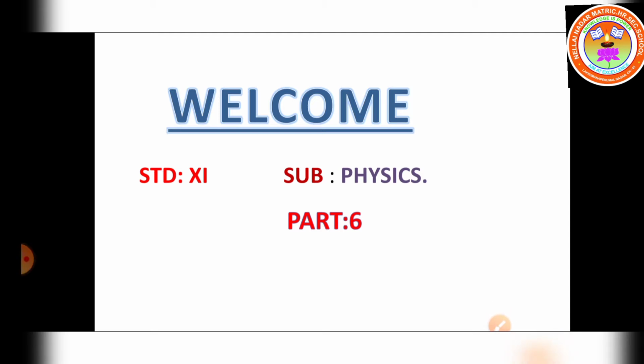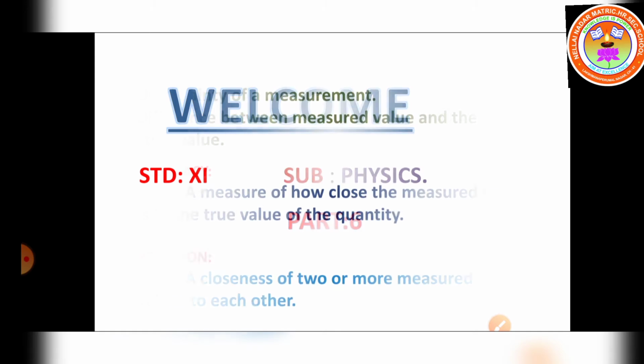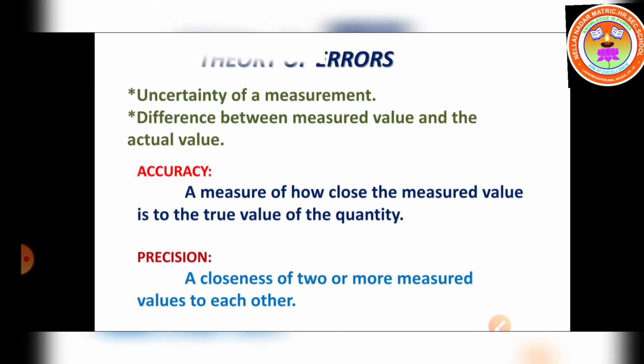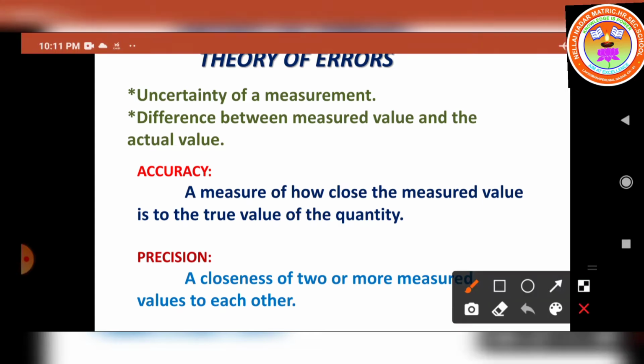Today we are going to discuss the continuation of the first lesson, theory of errors. The basis of all experimental science and technology is measurement. Already we know that one, isn't it? The result obtained from any measurement will contain some uncertainty. Such an uncertainty is termed as error. Any calculation made using the measured values will also have an error. It is not possible to make exact measurements in an experiment.